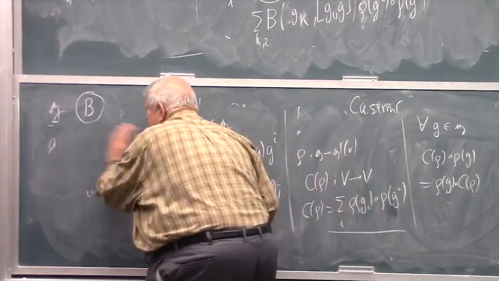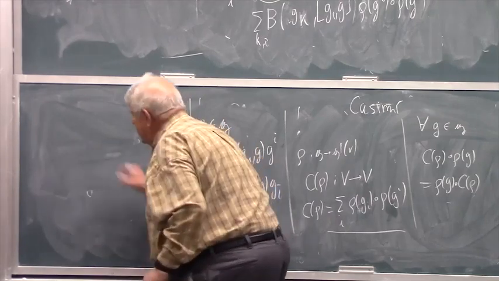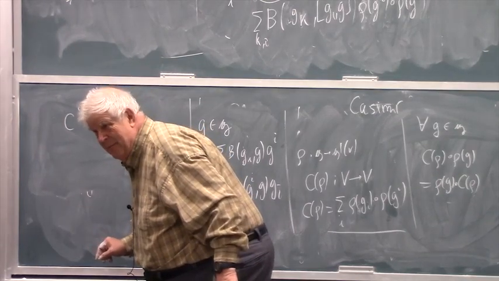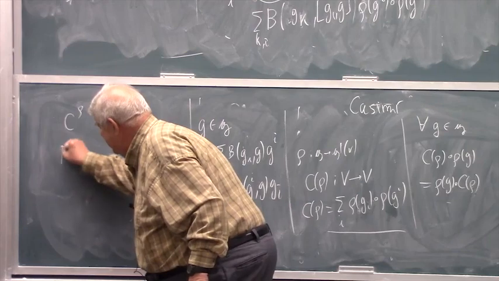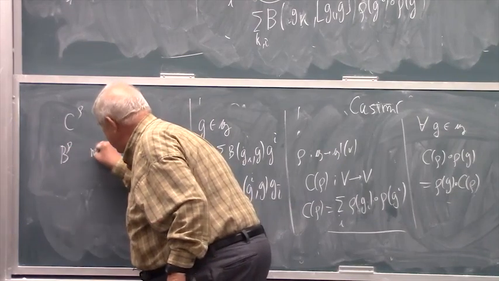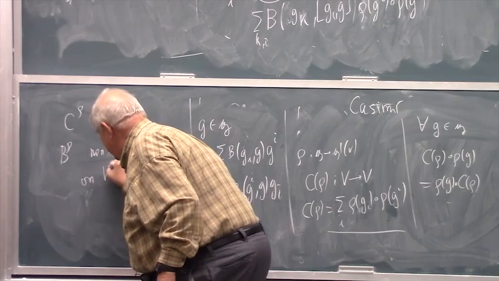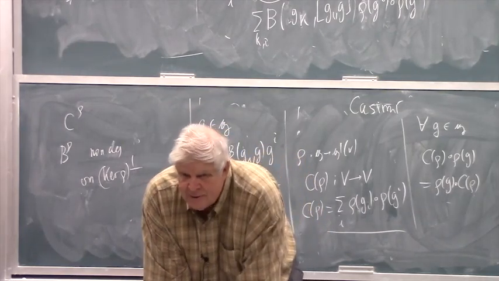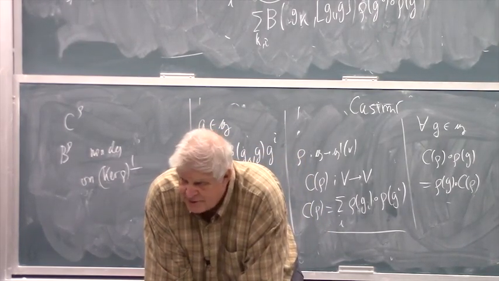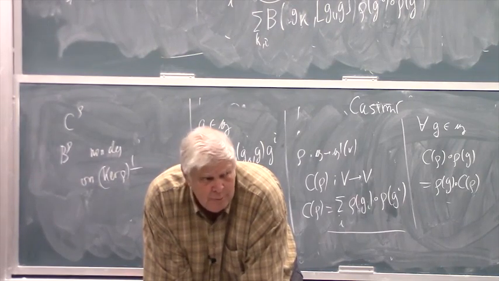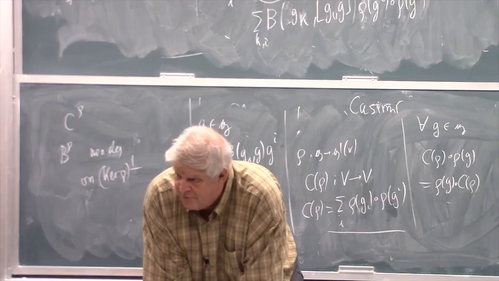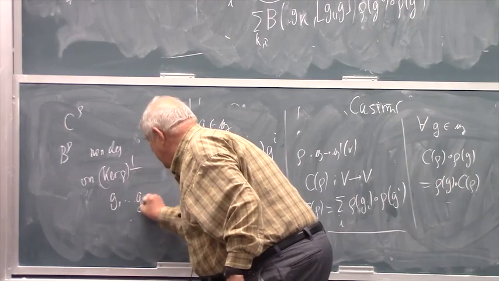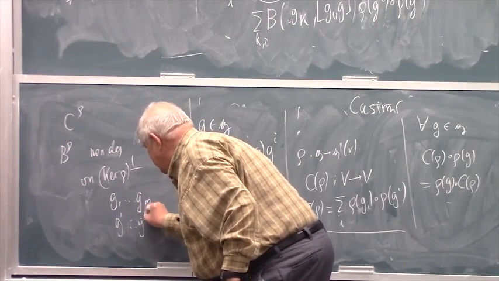I want to denote a new operator. Just not to confuse with C, I will write C super rho. Rho is a representation now. And there is the form B rho, which is not degenerate on the kernel rho orthogonal. I said this to you. So actually we can take a dual basis, not in G now, because in G there will be no dual basis for a degenerate form, but in this space. So you take g1 ... gm, g1 ... gm dual basis